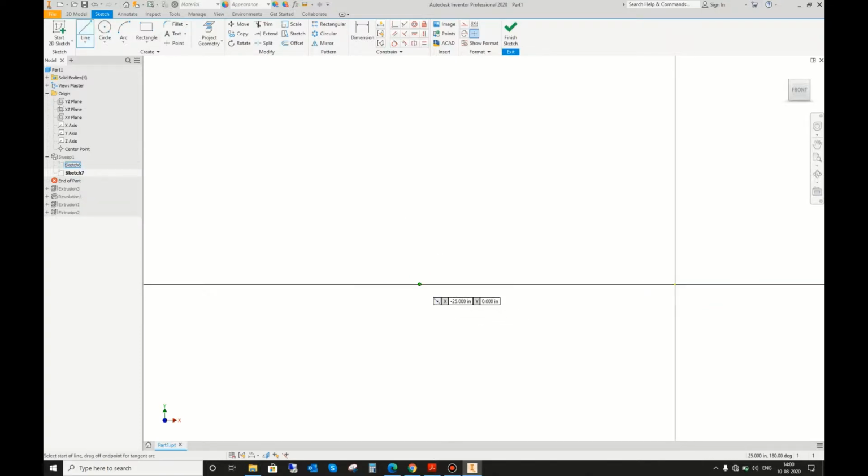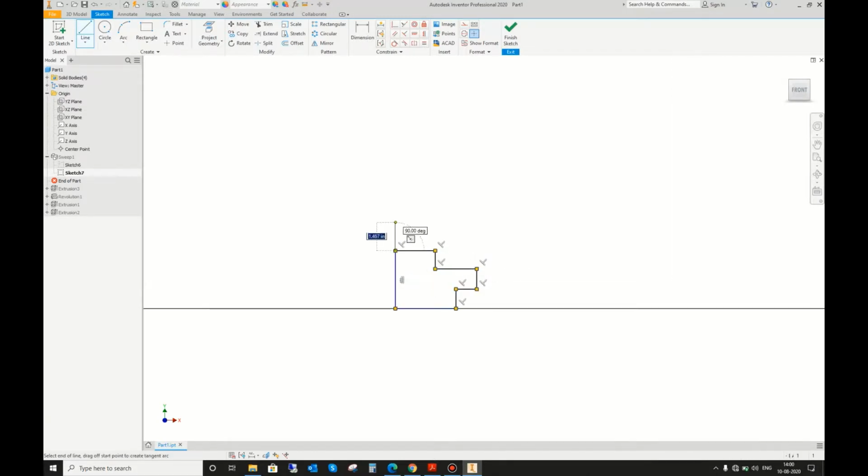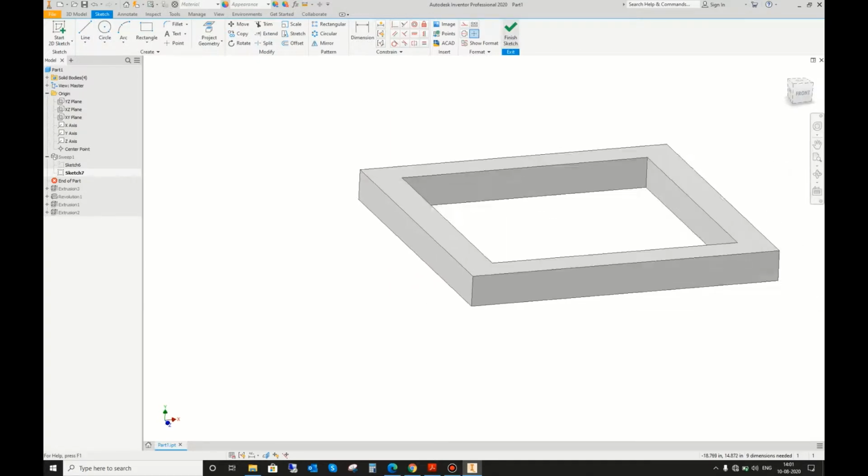Like if the profile is something like this, okay, just assume that the profile cross section of that part is like this only.